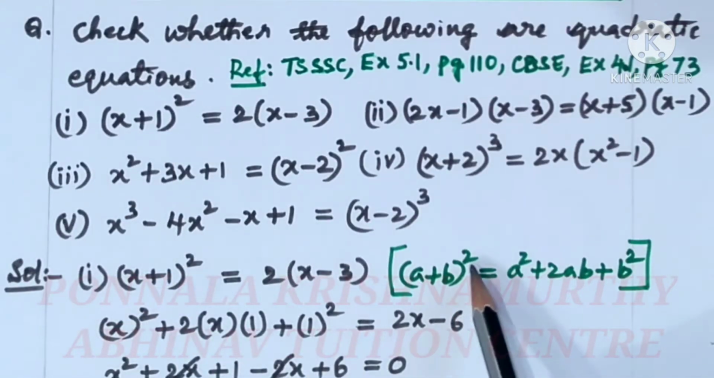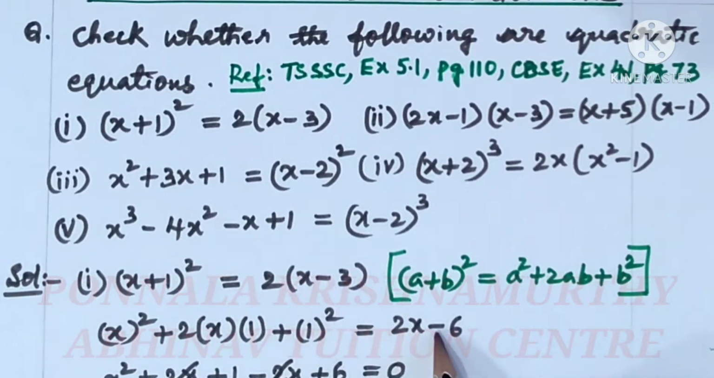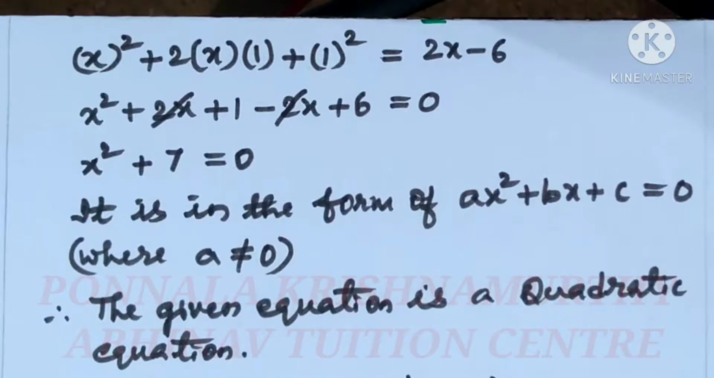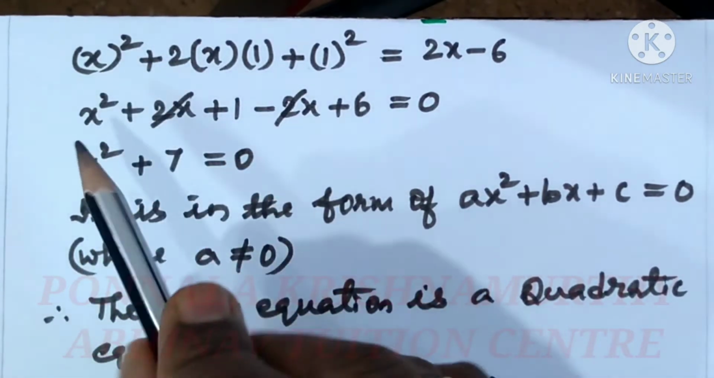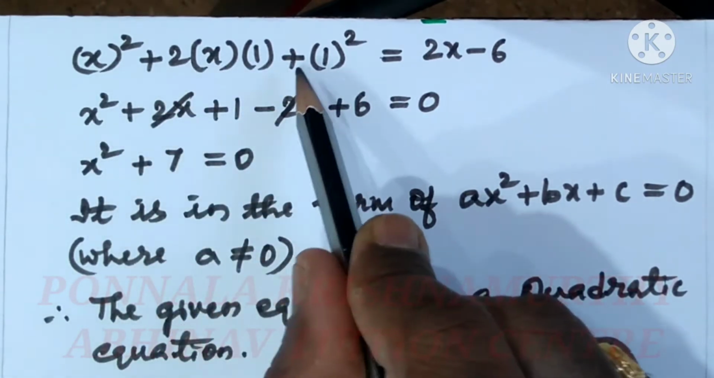This is in the form of (a plus b) whole square, that is equal to a square plus 2ab plus b square. Then this is a, this is b. A square is x square, plus 2 into a, which is x, into b, which is 1, plus b square is 1 whole square, is equal to 2 into x, 2x, plus into minus minus, 2 3 is 6. So x square plus 2 into 1 into x, 2x, plus 1 whole square is